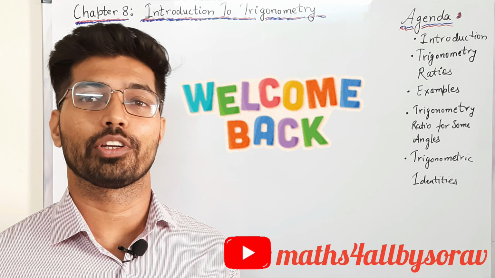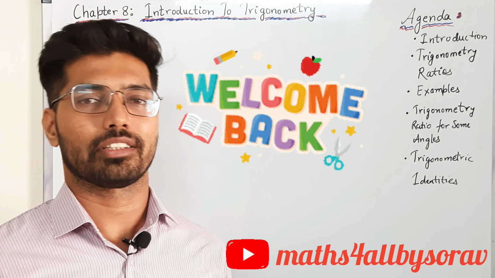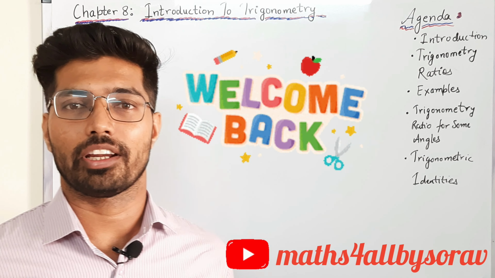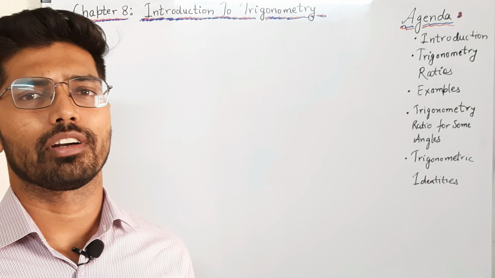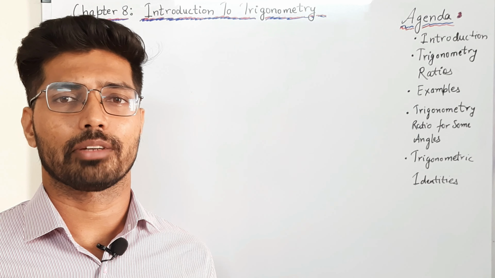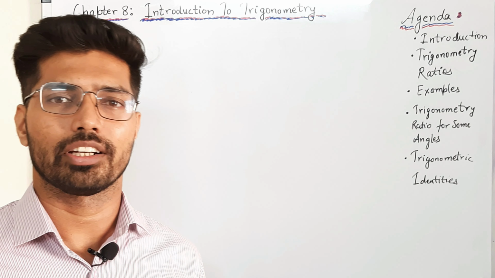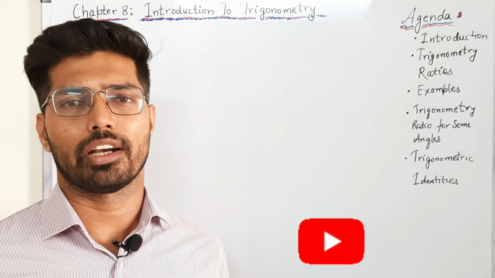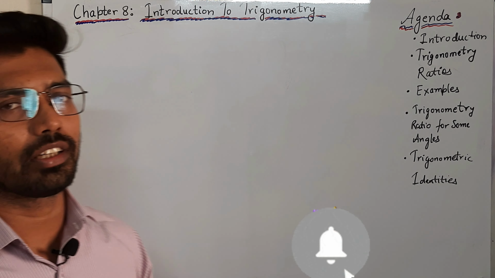So in our last two videos we have solved the chapter 7 concepts of coordinate geometry and the practice set questions. Now let's come to chapter 8, which is the introduction to trigonometry. In chapter 6 you also learned about triangles, right? The concept of the sides of a triangle, the ratio between the sides of the triangle, and the similarity and the congruency of the triangle. Now in this way, in chapter 8 we are learning trigonometry.